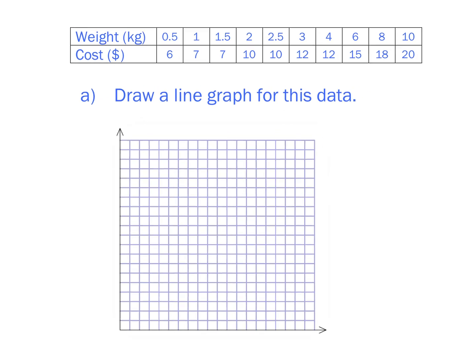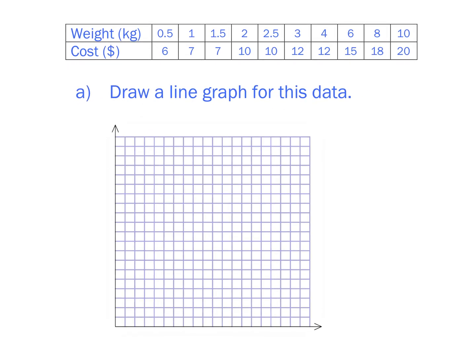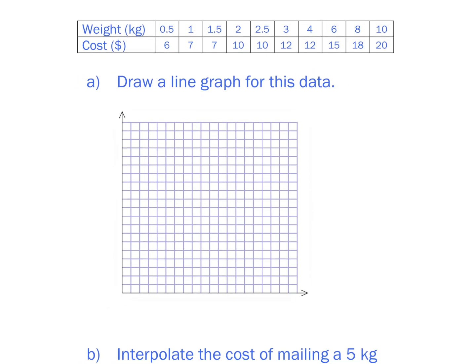Okay, so we have to think to ourselves, how big does the weight get? The weight gets up to 10, and we certainly have more than 10 grid squares. How many do we have? I'm thinking we probably have 20, but let's see. 5, 6, 7, 8, 9, 10, yeah, 20. So every grid square could be half a kilogram. So we could go 0, 1, 2, 3, 4, 5, 6, 7, 8, 9, 10. This is the weight